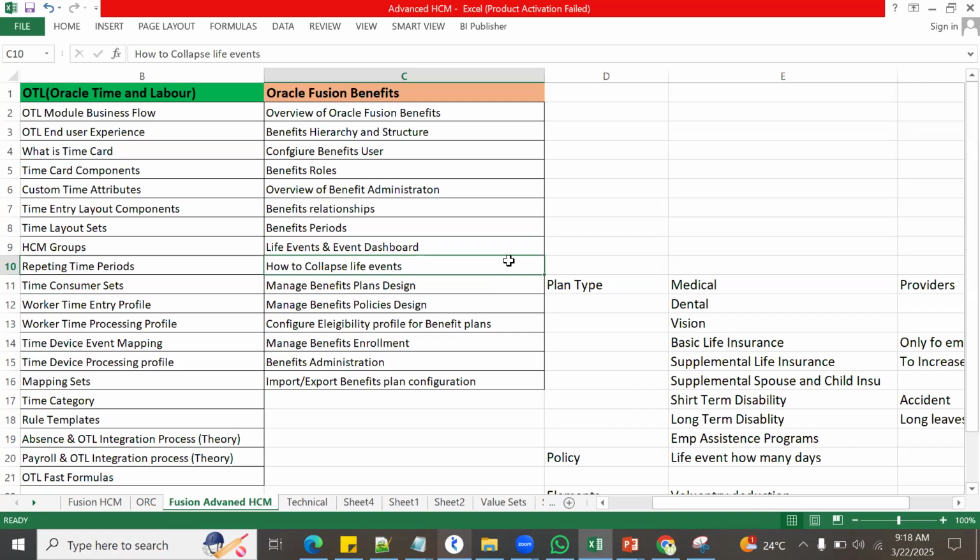Only one we can go for, choose whatever we want to process. The moment you choose one benefits plan for processing, the second one automatically collapses, right? That is where we will select how to configure that. We'll be discussing and then working with the benefit plans